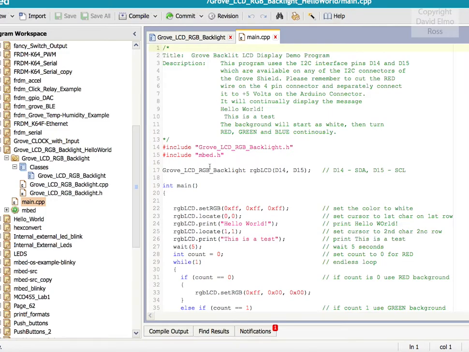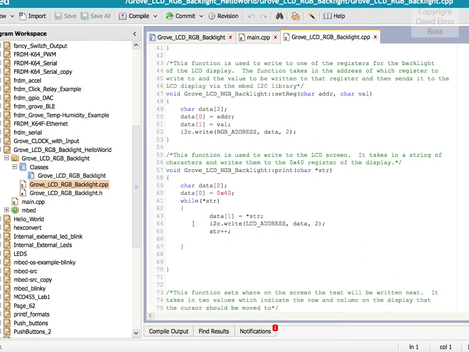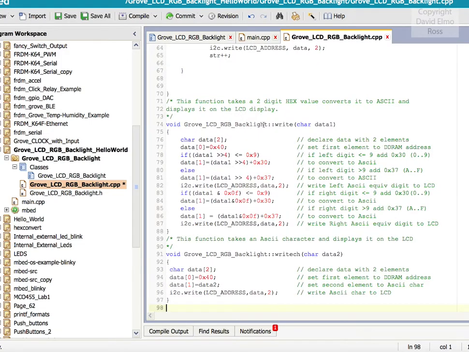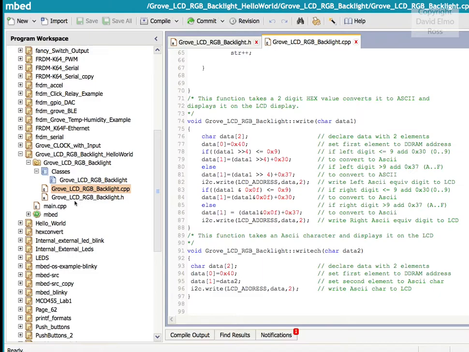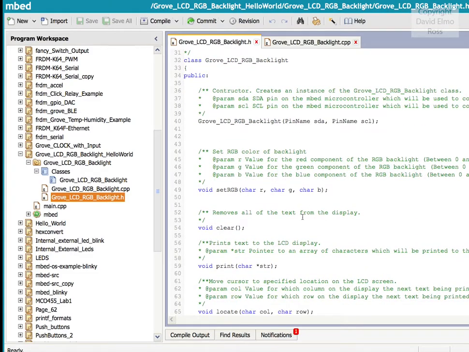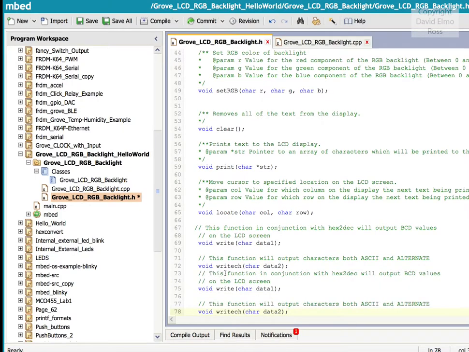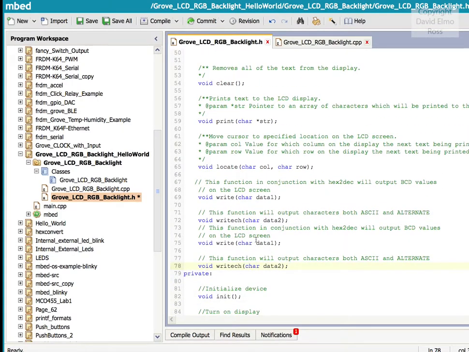Now this one I've actually added extra comments to, as you can see in the notes. But one of the other things mentioned in here is you have to go into the backlight.cpp, and it doesn't particularly matter where, but somewhere in here you're going to have to copy in the write function and the write character function. The other thing that you have to do is to go to the Grove LCD RGB backlight.h file, and as long as you're in the public section anywhere, I'm just going to put it down at the bottom of the public section, you should be able to then put in the 2 function prototypes for write and